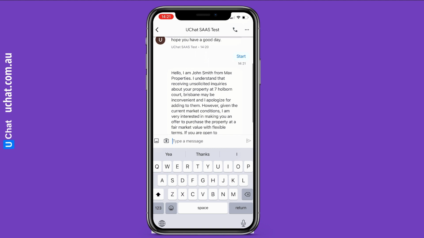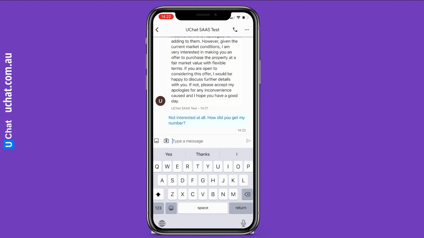Okay, so this is something I'm going to show: anything you type, if you have a question, the AI is actually going to generate a professional and also relevant response, and it will continue the conversation or stop the conversation if the user is not interested. Okay, so let me send this message, and we will wait to see how the AI is going to respond.